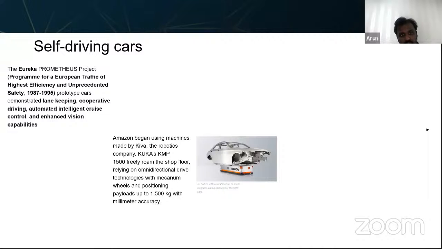And slowly, Amazon started to use robotic machines inside their shop floor. So it is basically a controlled environment, where they thought they could use these particular vehicles, which can lift up to 1,500 kgs. Of course, this is not to do with automated vehicles, but at least it shows the concept that in a contained environment, you can have your own vehicle which keeps traveling on a particular path.